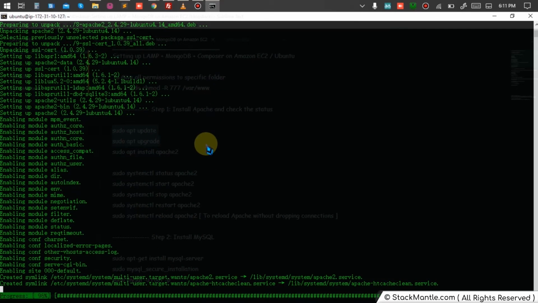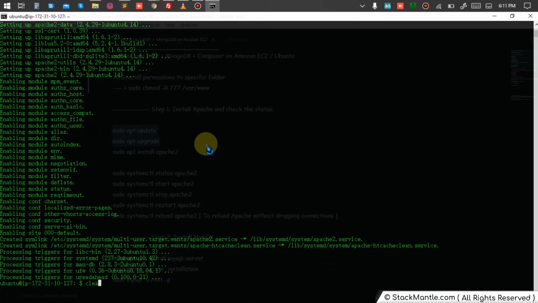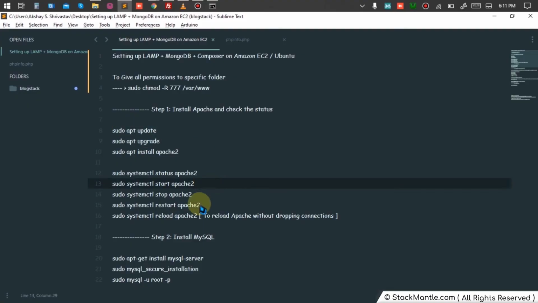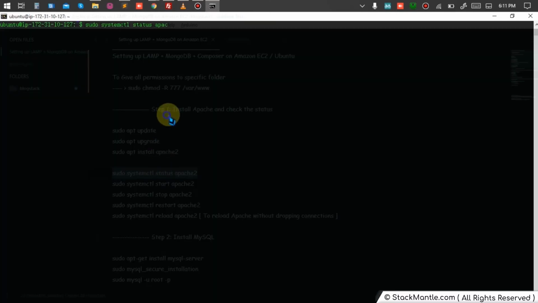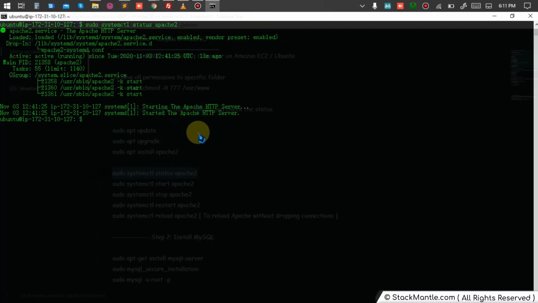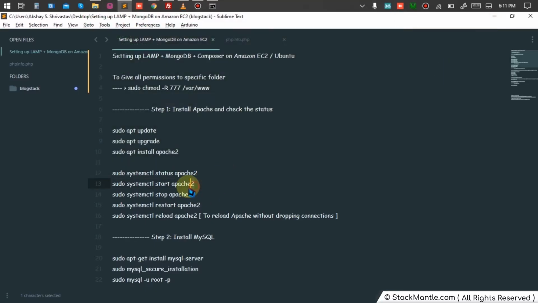After installing Apache, as you can see, I have given you quick handy commands over here. If you want to check the status of your Apache, if it is down or running, you can just use this command to check the status. For me, it shows the Apache service is active, running. At any point of time, if my service is stopped and I want to start it, I'll use the start command. If I want to stop my Apache, I'll use the stop command. If I want to restart my Apache, I'll use the restart command. If I want to reload my Apache while making sure that I don't drop any of my client connections or users who are connecting to my application, I'll simply use the reload command.